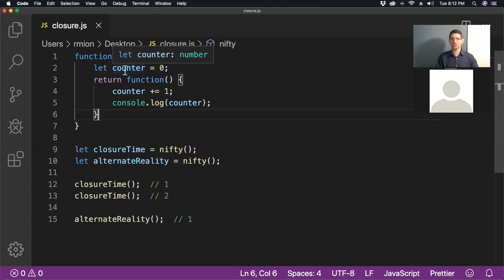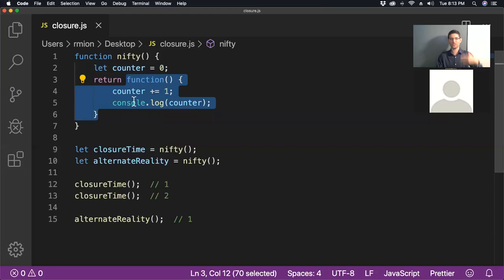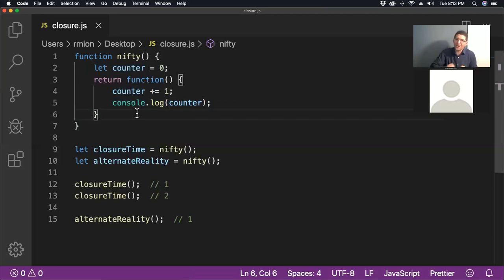variables, other functions, anything that existed in the scope that it was originally made in, that it was returned from. So closure is the technological marvel that brings counter with it. When this function returns, because counter is being referenced in the function, JavaScript is smart enough to more or less put a little backpack on this function and know to put in that backpack this variable counter.